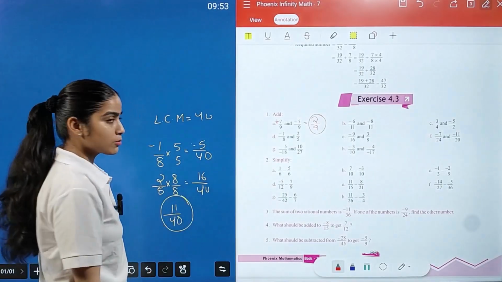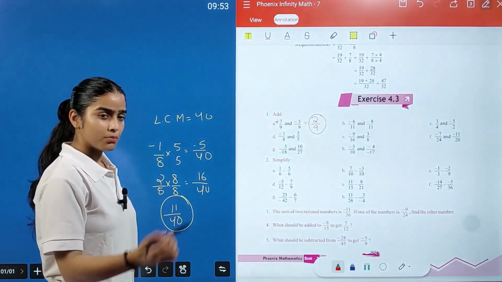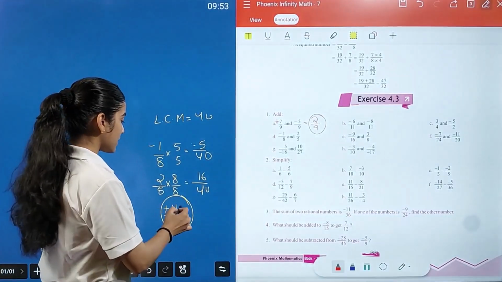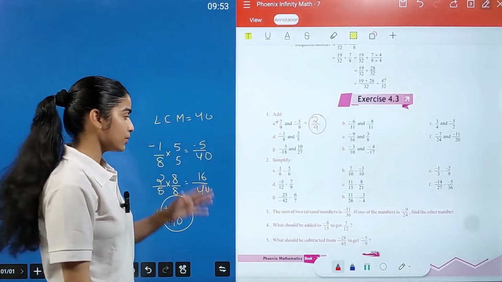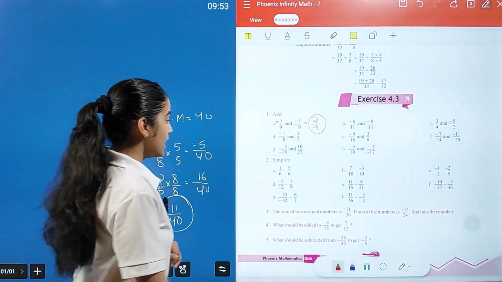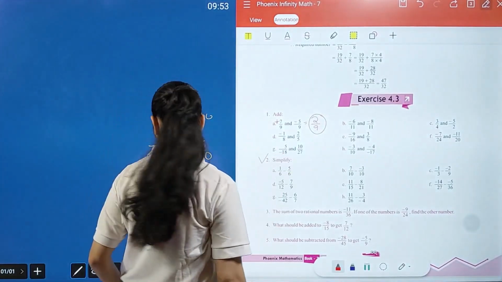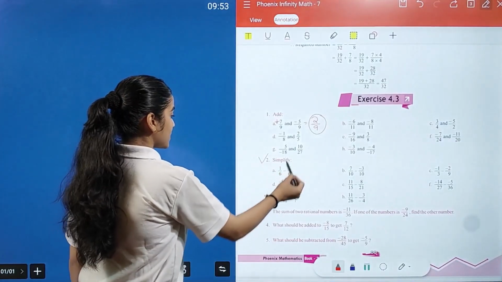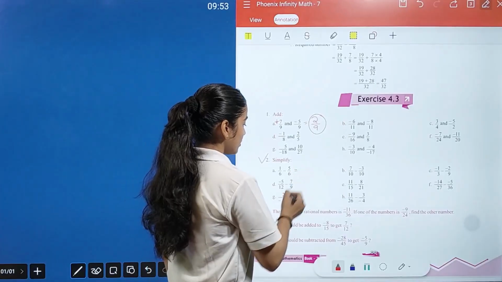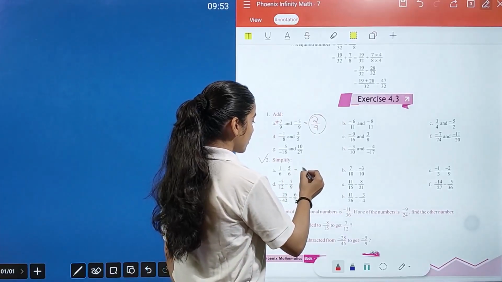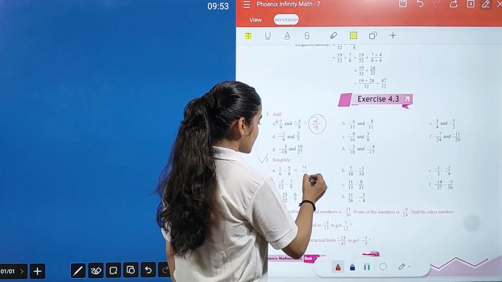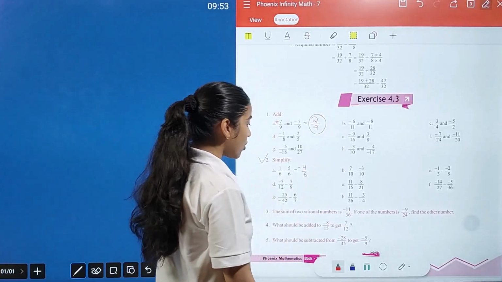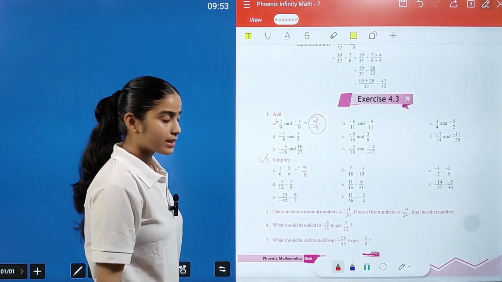And according to absolute value of an integer, which we already did in the previous chapter, we have to apply a positive sign here because 16 is greater as compared to minus 5. Next, we have question number 2 where we have to apply the subtraction. So 1 by 6 minus 5 by 6, your answer is very simple. You just have to subtract 1 from 5. So you have 4 by 6 in minus because according to absolute value, 5 is greater as compared to 1.